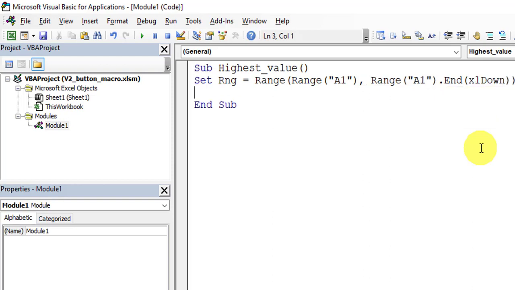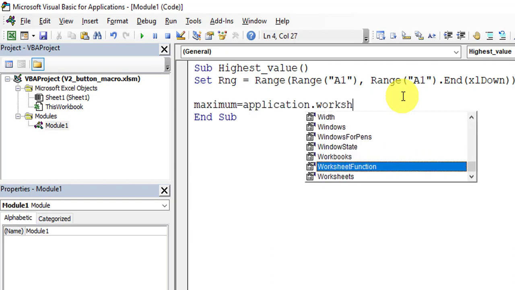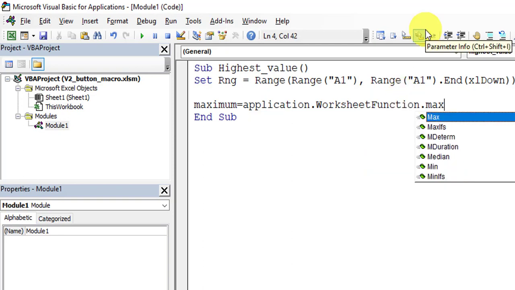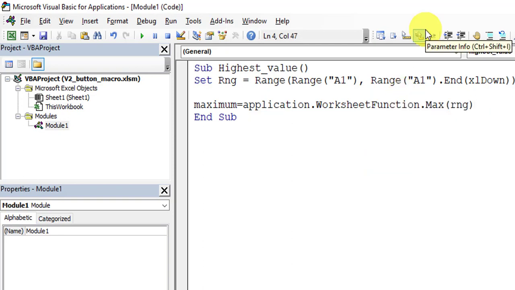The second step is to find out the maximum value in the range. Start with the variable and assign the expression. This line determines the maximum value and stores it in the variable.